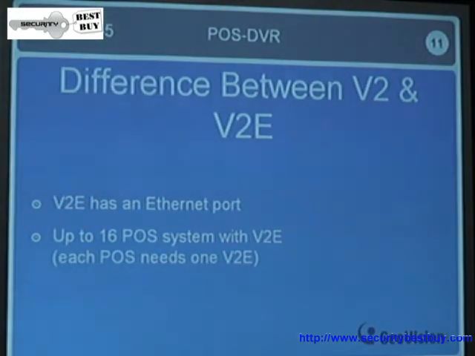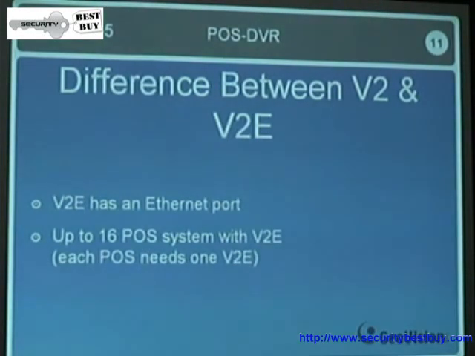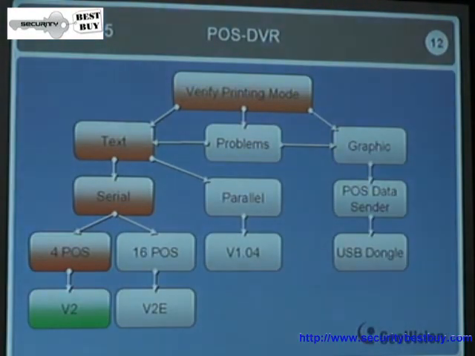Also with V2E, you can connect up to 16 POS systems to our DVR. Of course, each POS will need its own V2E. So if you have 16 POS systems, you'll need to purchase 16 V2E boxes. If you only have 4 POS systems or less, data capture V2